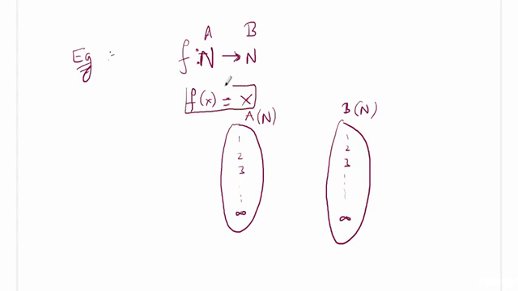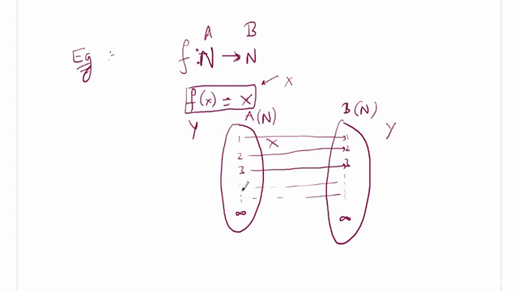Now if you see this function, this will be y and this will be x. You type this as y and this is x. So now if you try to see that for every x you give, suppose I give x equals 1, then I will get y equals 1. If I give x equals 2, I'll get y equals 2. x equals 3 is mapped to y equals 3, and so on. It will be done for all the natural numbers.